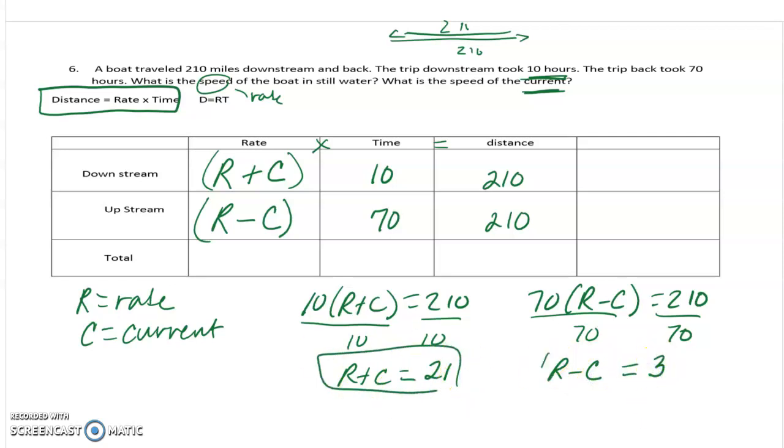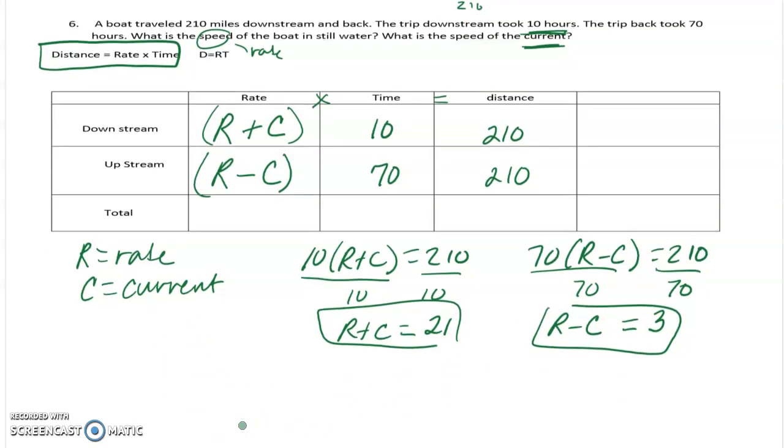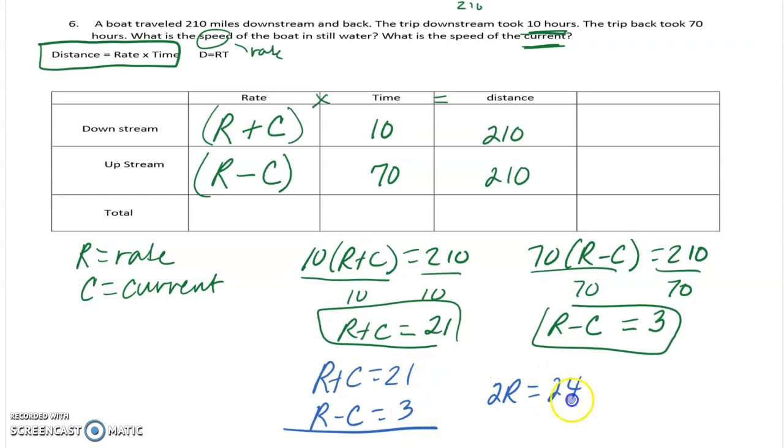So here are my two equations. If I add them together, R plus C equals 21 and R minus C equals 3. You can see that these are opposite signs, so I'm good. So these cancel out. I get R plus R is 2R. 21 plus 3 is 24. The rate of the boat is 12. 12 miles per hour